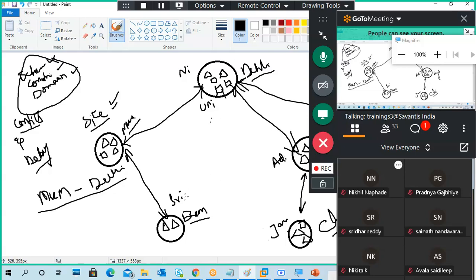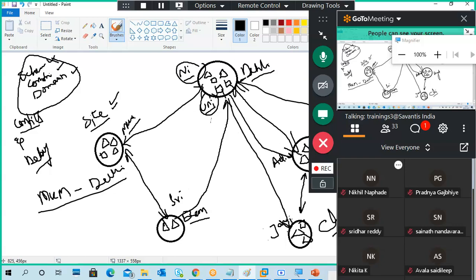For example, your database is created in this server only, in the Bangalore server only. But that information should be updated into the main domain controller. If in the Delhi server your information is created, like username and all, just for understanding, this information should also go to other servers. That is called the replication part.